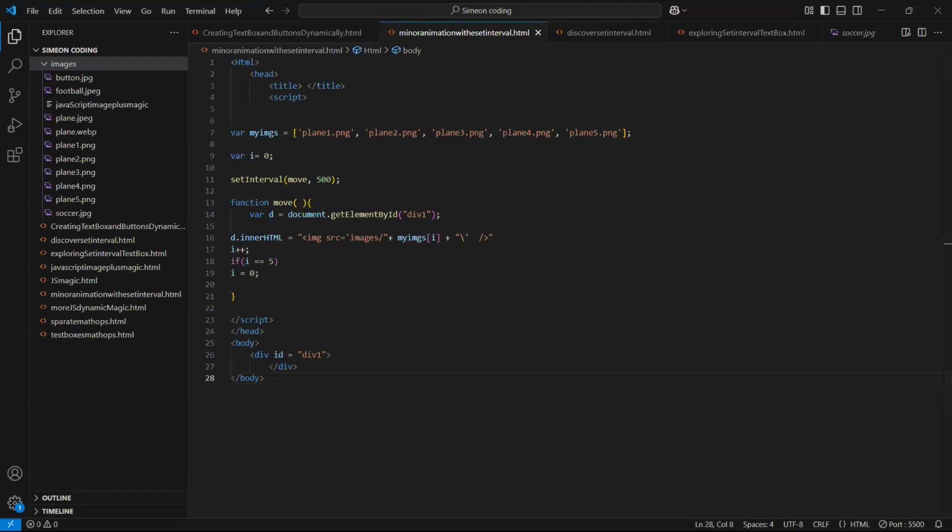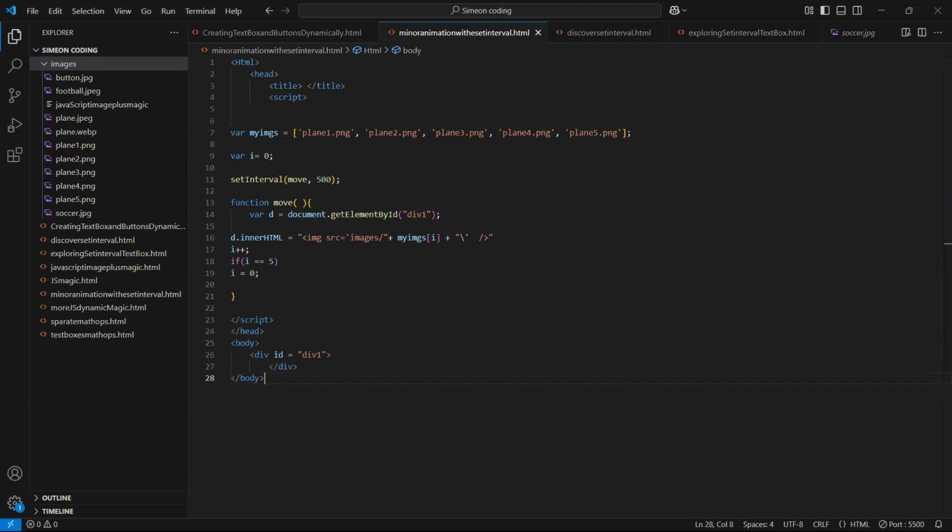The only thing we're doing inside the function move is increasing i and making use of it inside that line that has d.inner.html, and it's changing from 0 to 1, from 1 to 2, from 2 to 3, from 3 to 4, and 4 is the highest because we have 5 images and we started from 0.